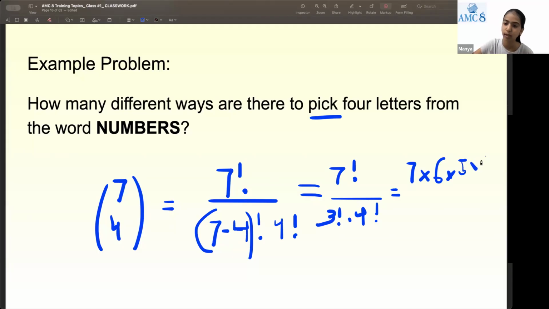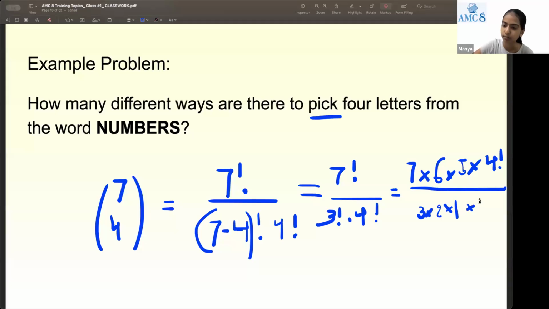We can also write times 4 times 3 times 2 times 1, but I'll just write 4 factorial because it's an easier way to write that. Divided by 3 times 2 times 1